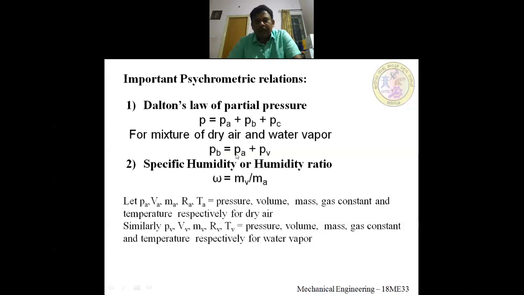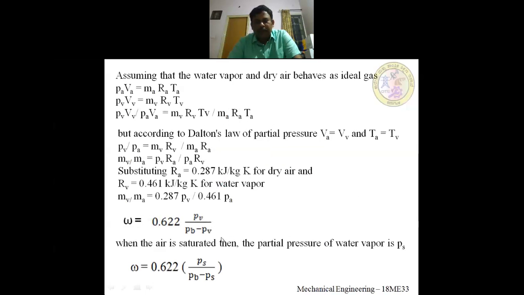So the partial pressure of dry air is nothing but barometric pressure minus partial pressure of water vapor. That is what I have written, PB minus PV. Okay, this is the omega equation